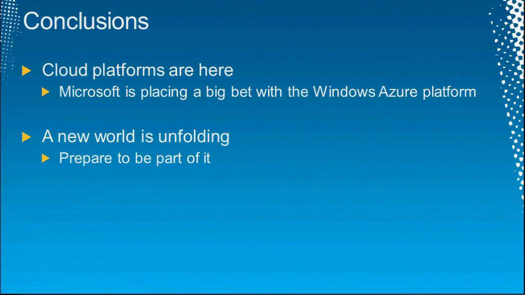I said more than an hour ago that I believe cloud platforms represent the emergence of the sixth platform type. After what? Mainframes, minis, PCs, servers, mobile phones. Cloud platforms are the sixth, by my reckoning. Now think about that. The sixth platform type in 50 years. That's how old our industry is, about 50 years. This kind of change happens so rarely, so seldom. But it's happening right now.